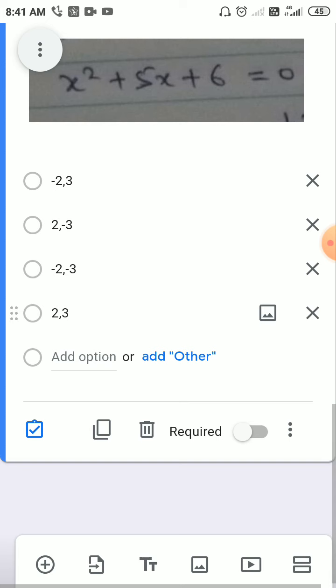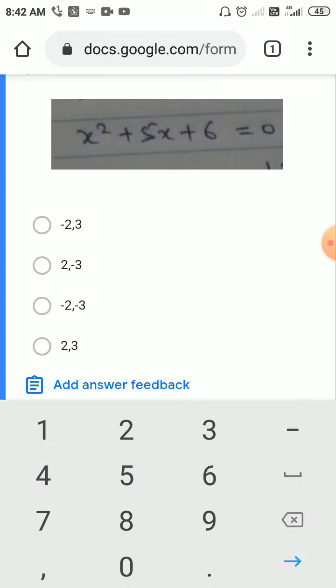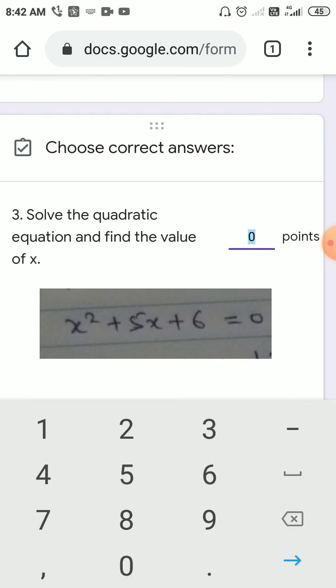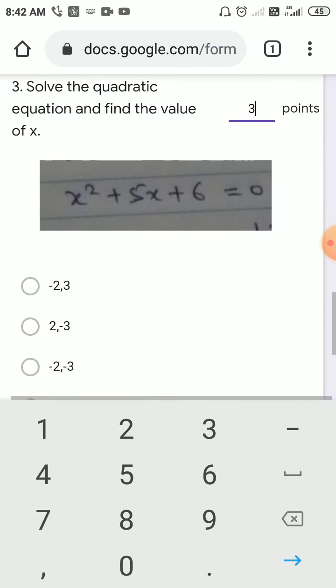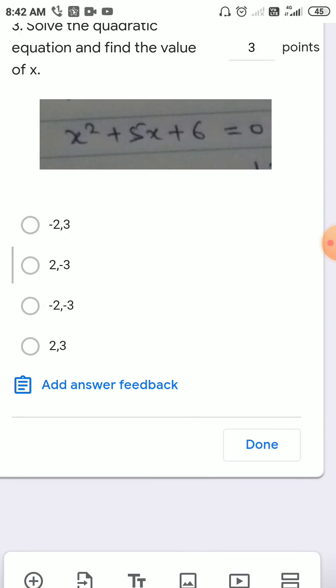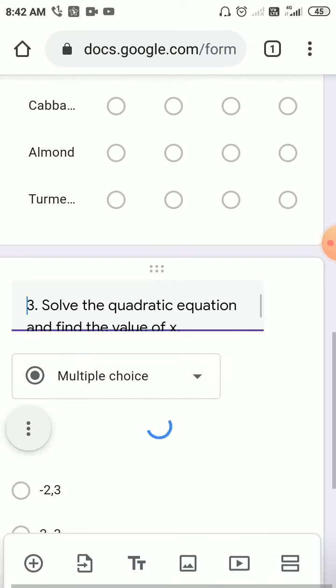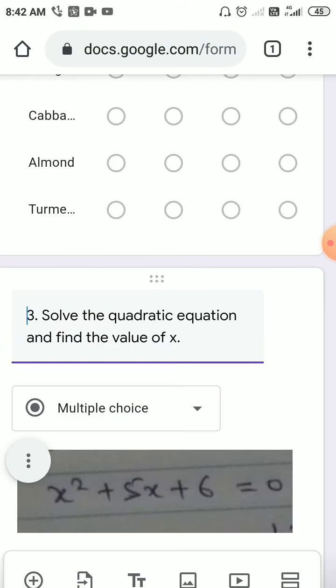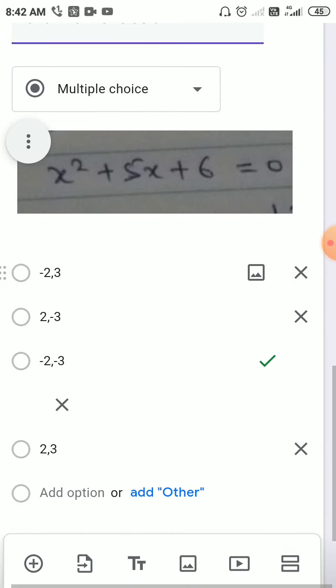Again I am making it required. So this is a compulsory question. A student will have to attempt this question, and if you click this answer key button, the blue mark box, you need to give points. So if a child is able to solve this question and give the right answer, I want to give, let's say 3 marks. Okay, and which one is the right answer? So I am just clicking this right answer, and then I will click this done button. Okay, so I entered this third question.